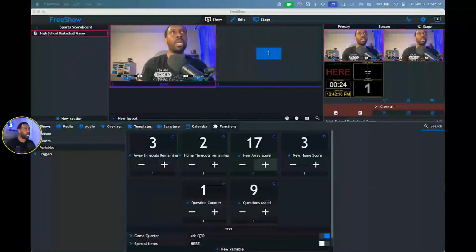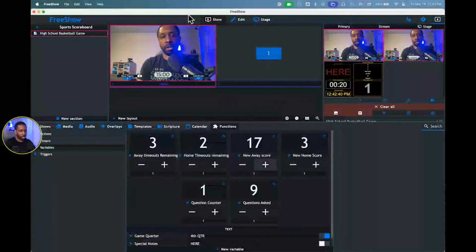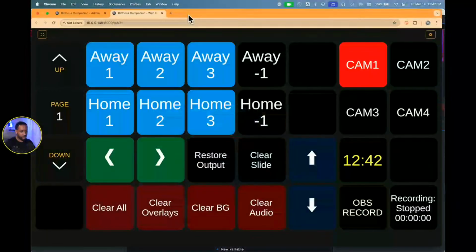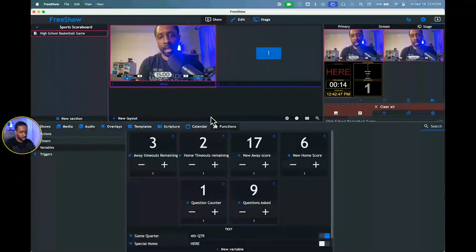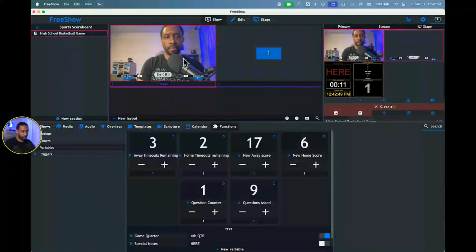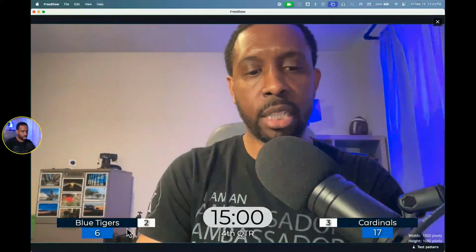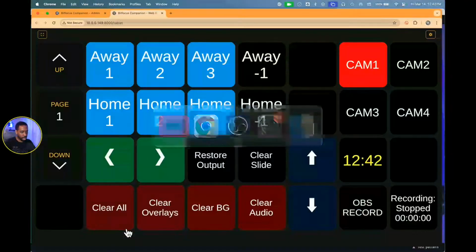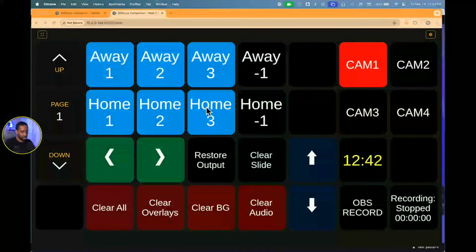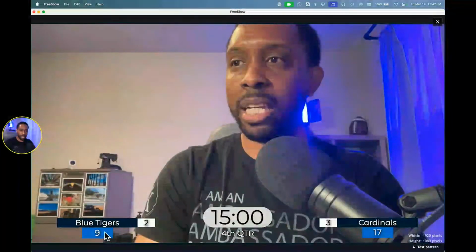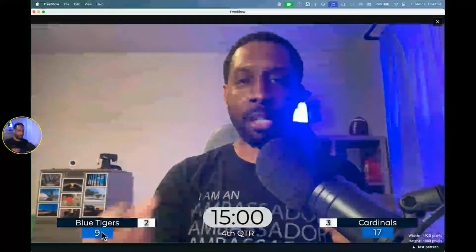So I wanted it to just be a 1-click 3-point shot. And in Companion, I can go here. If I go to Companion, I can hit that the home team just got a 3-pointer, and in here, it shows that their score is 6 points now. If I go back to Companion, I'm going to add another 3 points to the home team, and the score is now 9 points. It literally interacts real time on the same network, but it allows you to do those